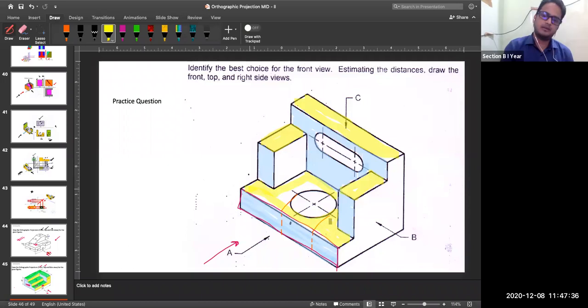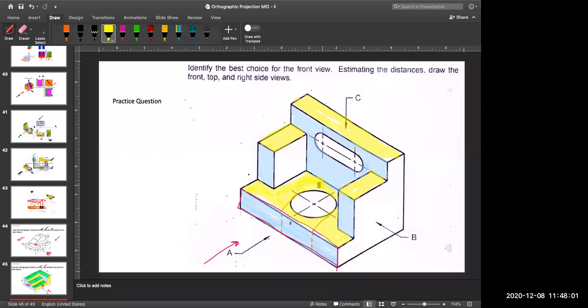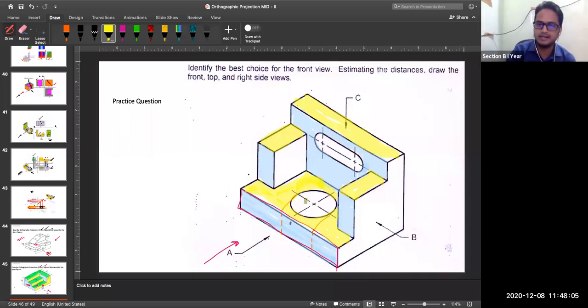That circle you have to represent here in the top view. Keep in your mind, whenever you are representing any circle, you have to show the center line. So don't draw that circle only and forget to draw that center line. Any other face that will be visible in top view? No, sir. Okay. Circle, and circle will come with center line, this portion.